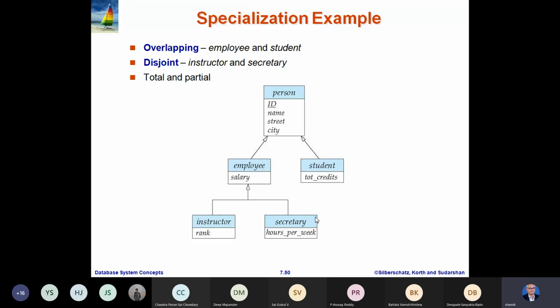And typically what we would expect is that the top level entity set will have the key